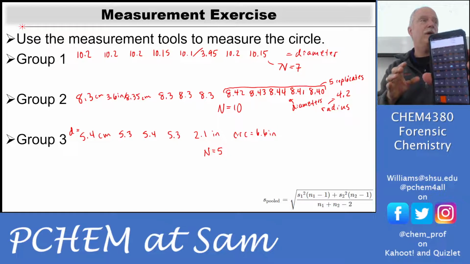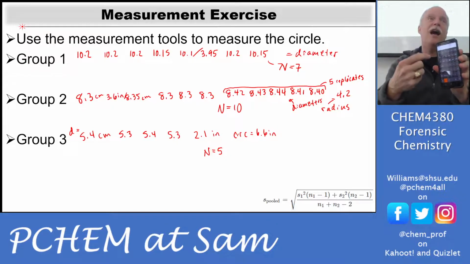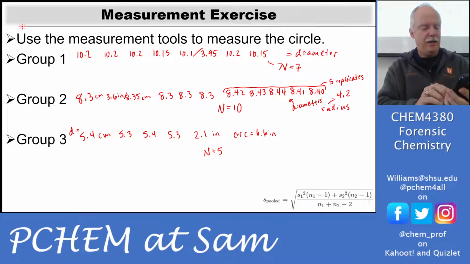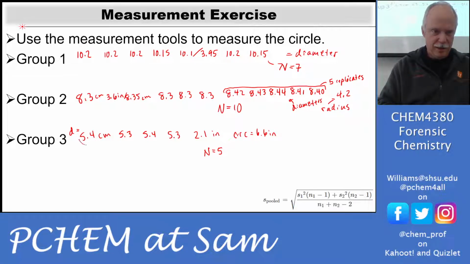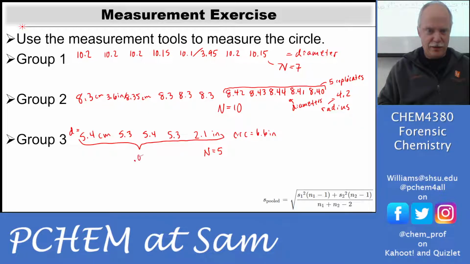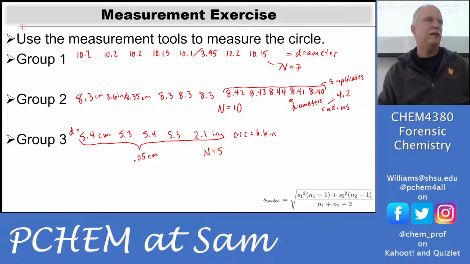So there's my 5 data points. I put them into the little stack of data, and then I can come down here and hit function, and there's a sigma there. So function sigma, and it tells me the standard deviation. So it's telling me 0.05 is my uncertainty. Okay. Did it work? Okay, so this one right here gave me a 0.05 centimeter standard deviation.